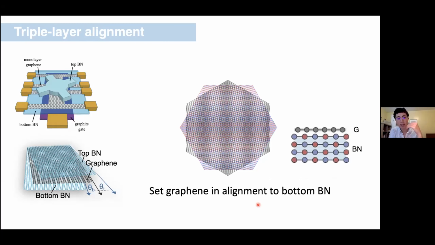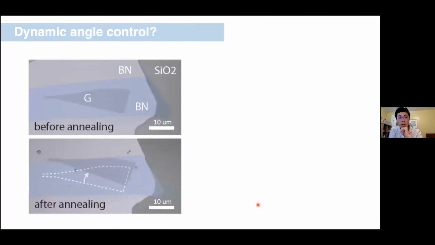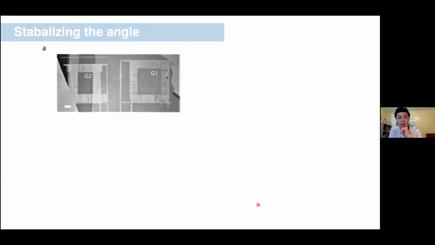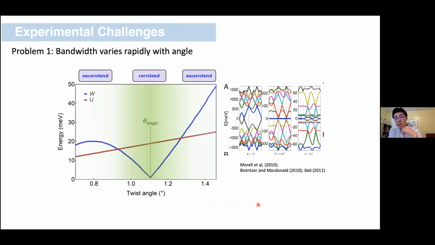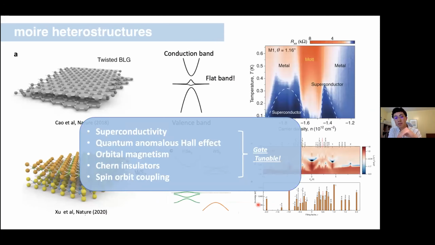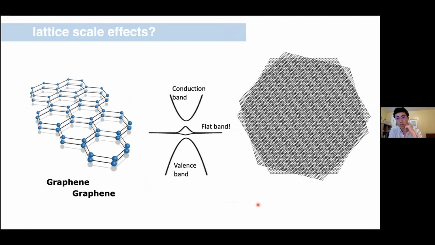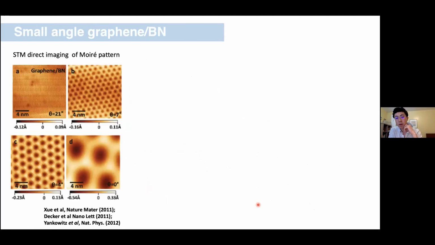Moiré lattice scale. For instance, there was the Steve Louie group and Feng Wang here. There's a joint theory experiment where they saw that in these hetero-bilayer TMD systems, strain, and not orbital hybridization between the layers, but strain itself is the dominating effect, which produces the Moiré potential that the parabolic electrons see.